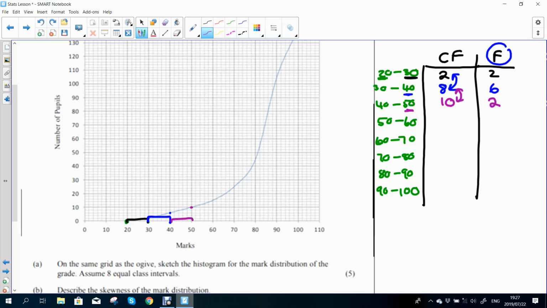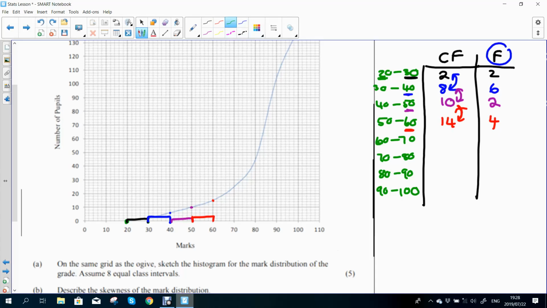There we go. Awesome. Take the next one, 60. Let's go up. I need to read off this value here. That looks like 12, 14. Let me just double check. Yes, that looks like 14. So I'm just going to put in there 14. And then the difference between those two gives me 4. So I now need to go up to 4 and draw a little bar. It's just a little bit higher than 2. There we go. There's my little bar.